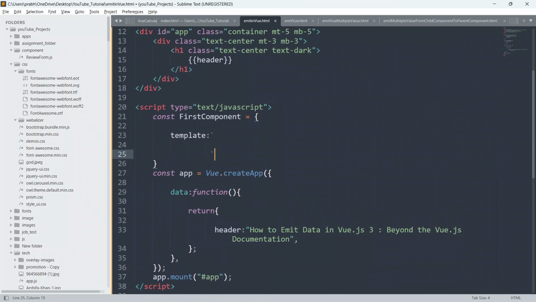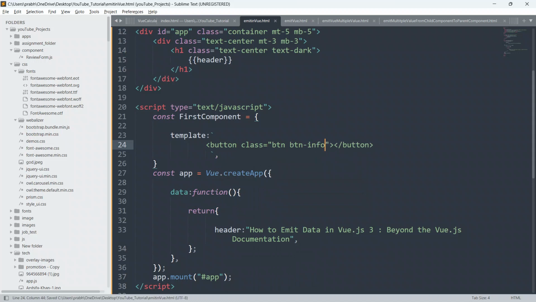So just close this, put a comma, and inside this template I'm gonna create one button. First of all I'm gonna create one button, and just close this button first. And inside this button I'm gonna give class also as btn, and btn-info.